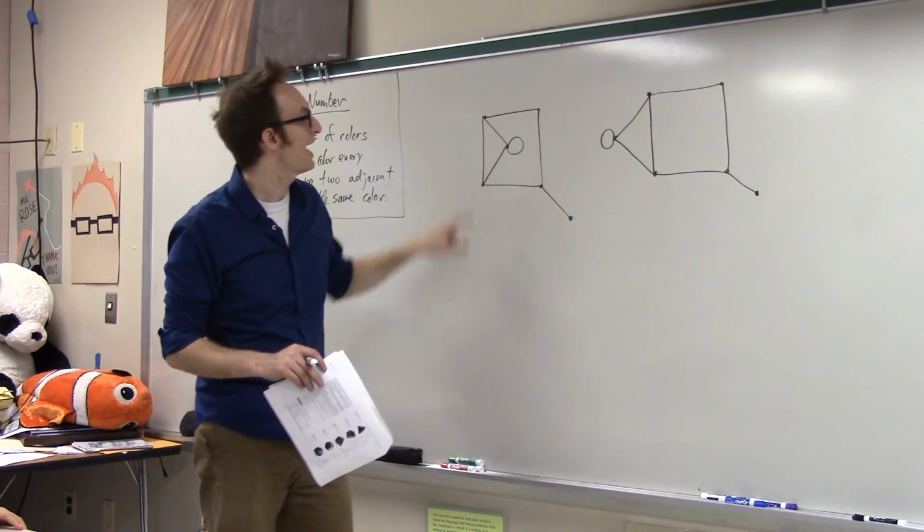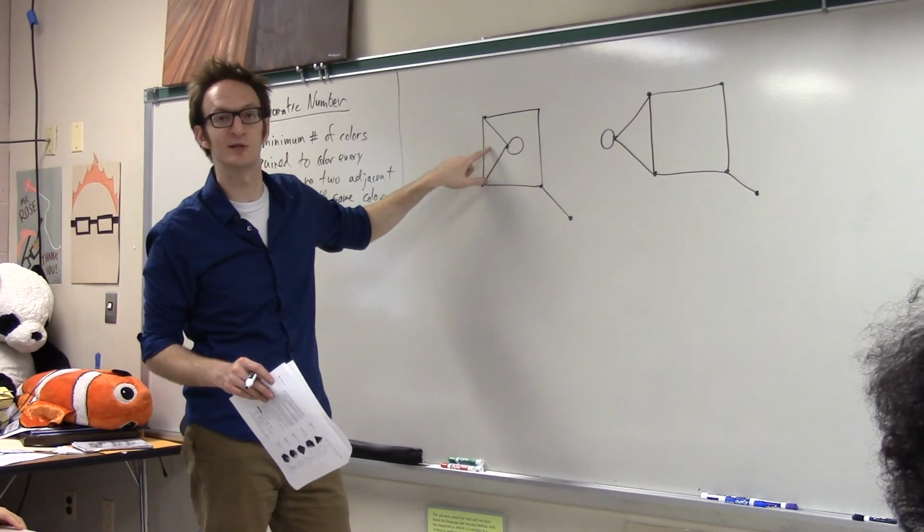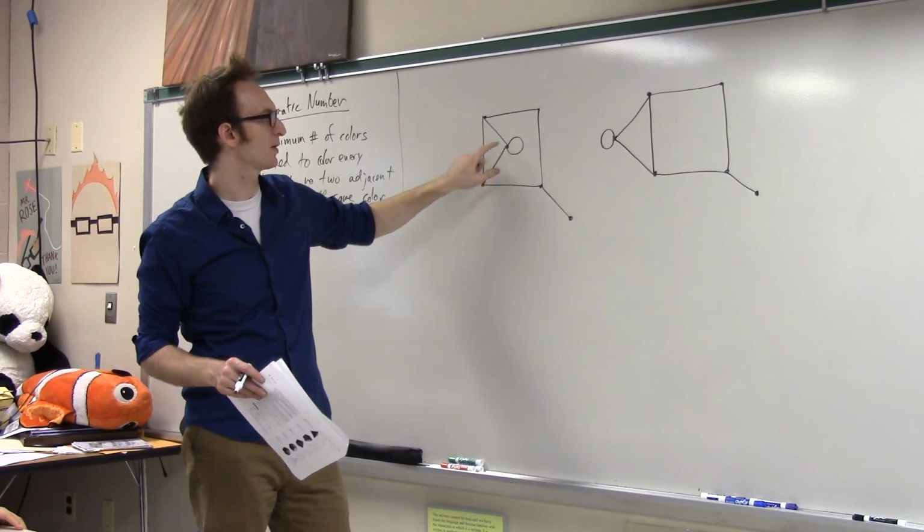For example, how many regions does this graph have? Actually, they have the same number of regions. This is 1, 2, 3,